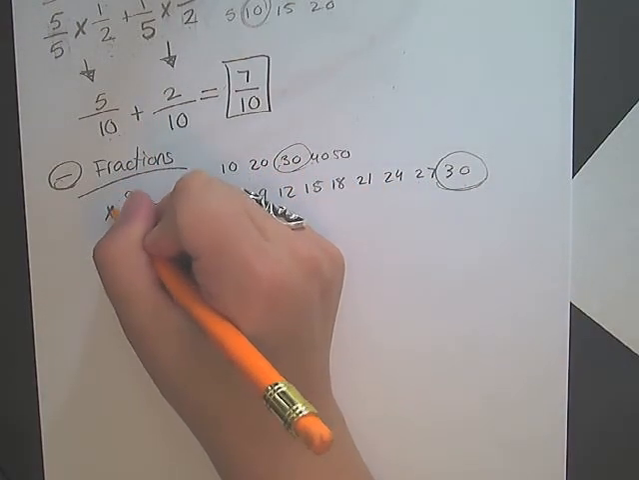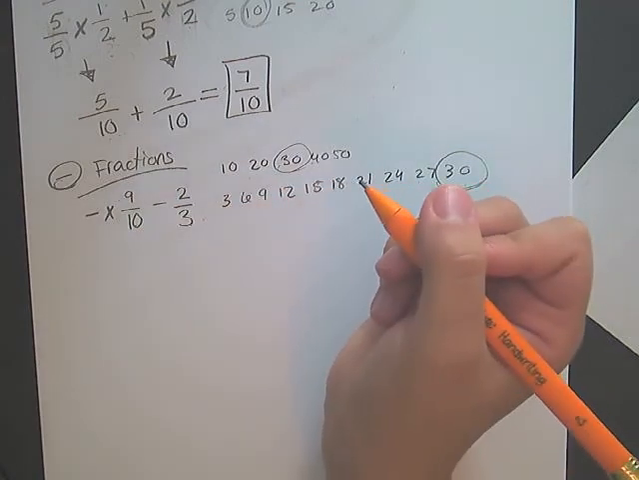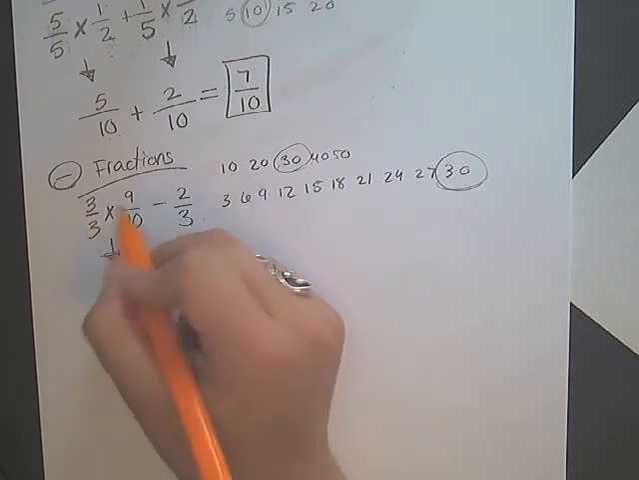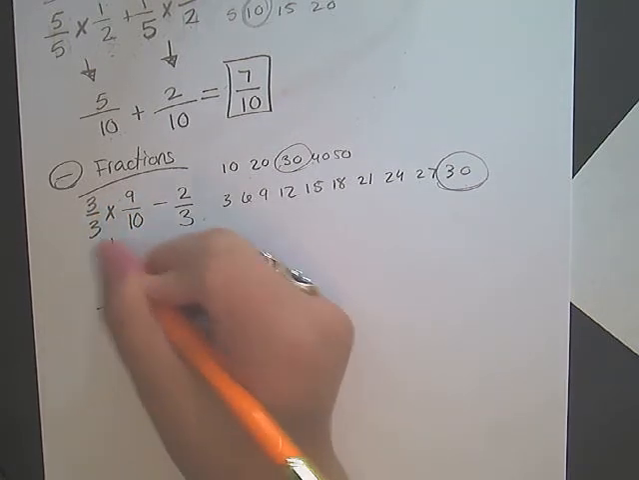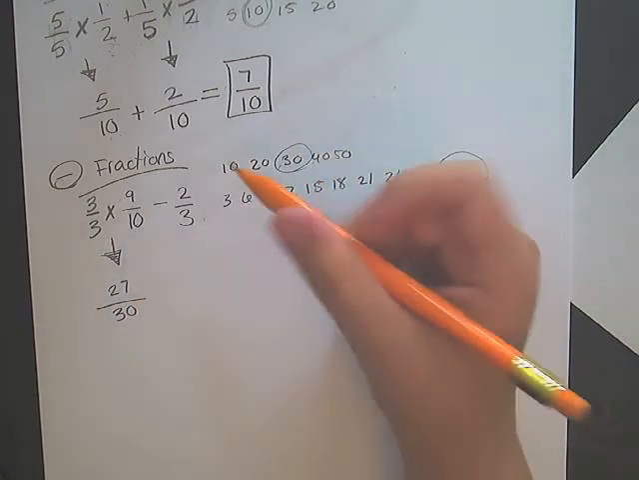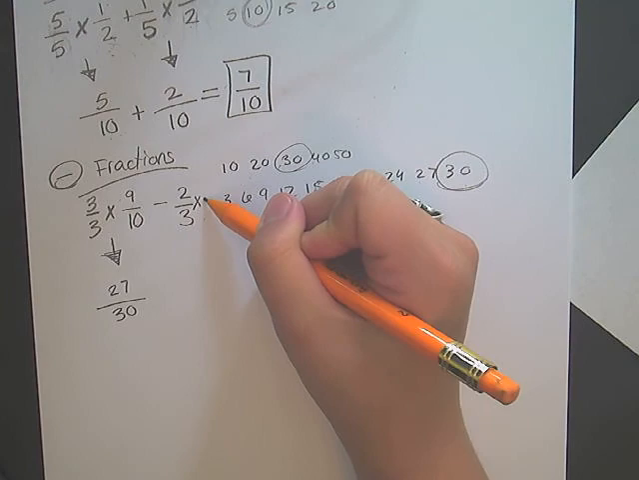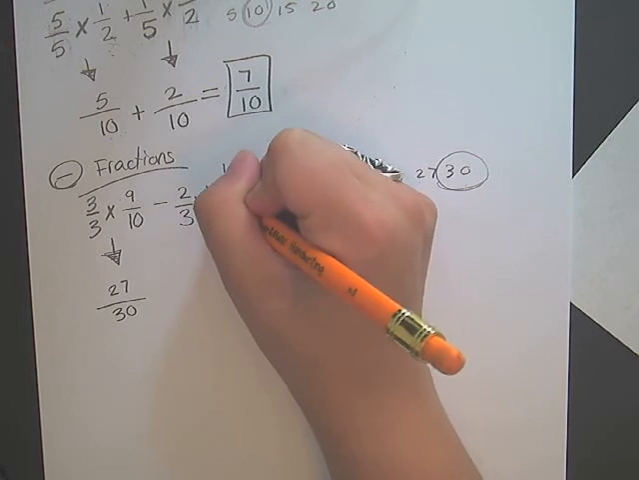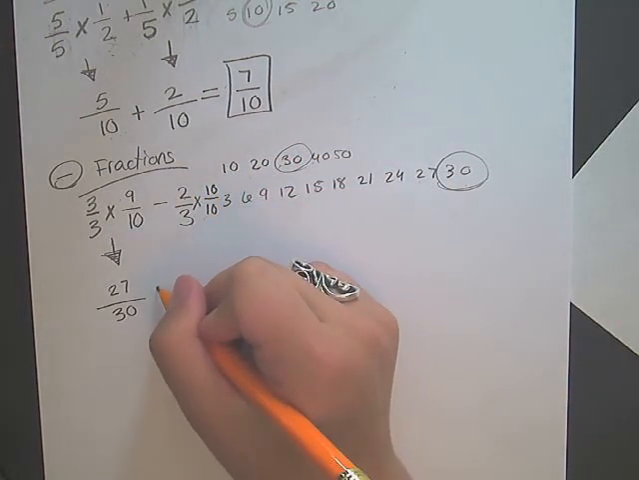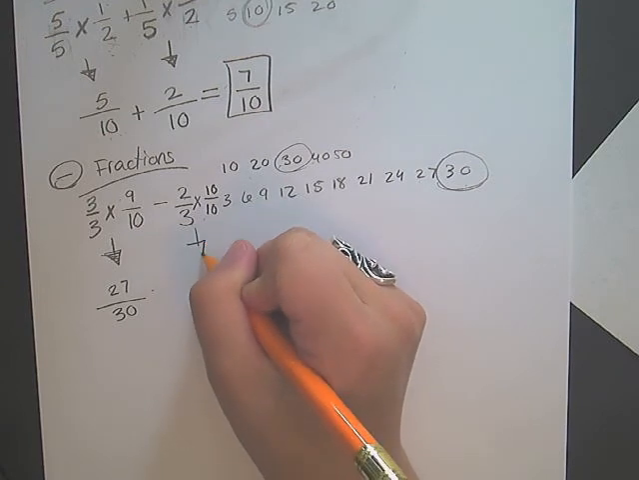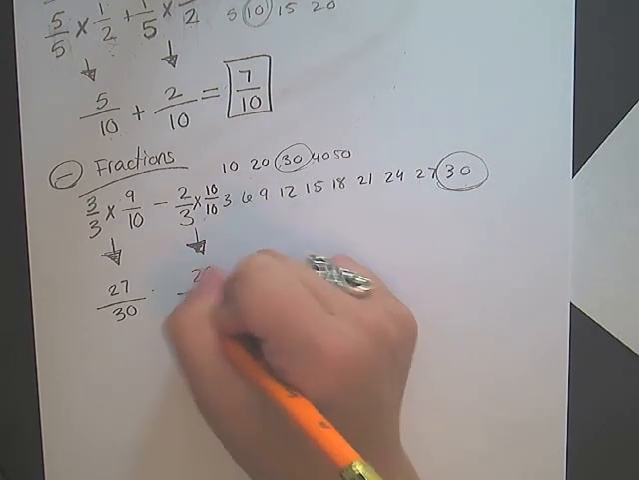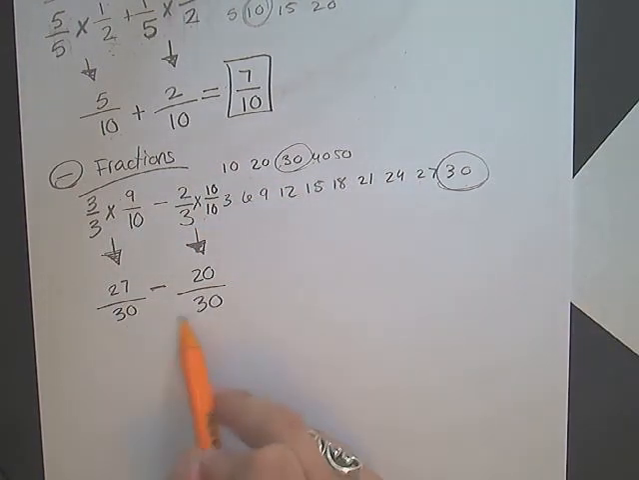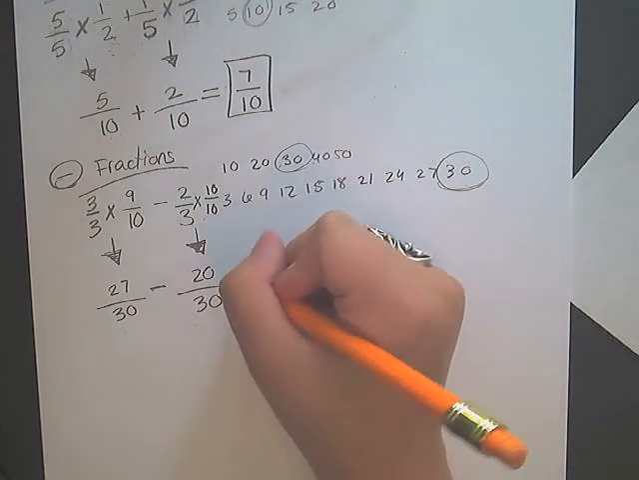So what do we multiply 10 by to get to 30? 3. So we're going to multiply by 3 over 3. And that's going to turn it into 3 times 9 is 27, 3 times 10 is 30. So what do we multiply 3 by to get it to 10? 10. So we're going to multiply 10 and 10 on the top and the bottom. So 2 times 10 is going to be 20. And 3 times 10 is going to be 30. So now we can subtract because we have a common denominator. So 27 minus 20 is going to be